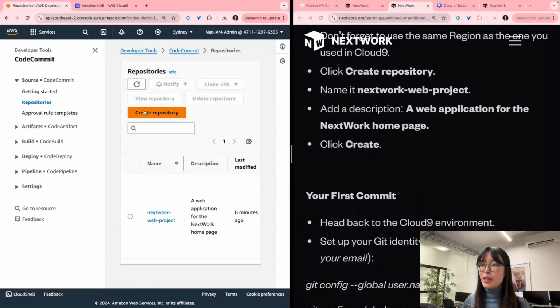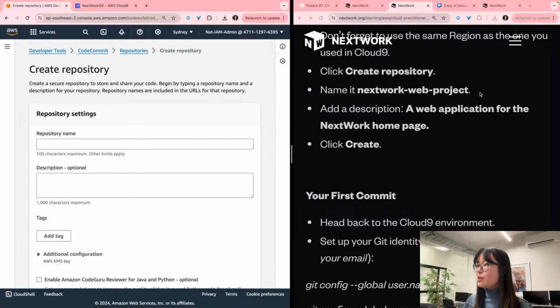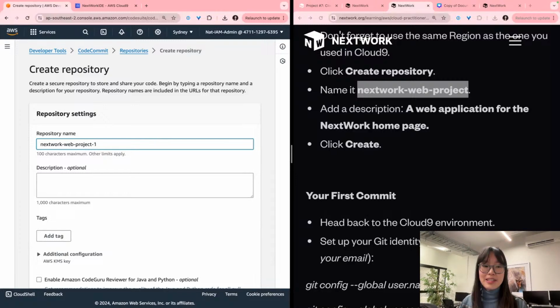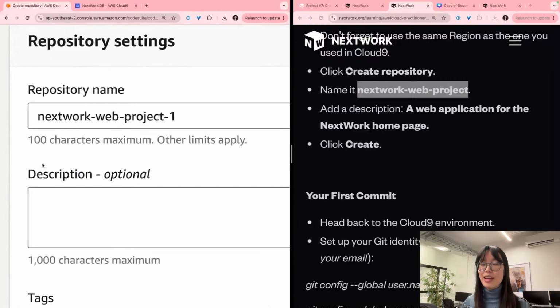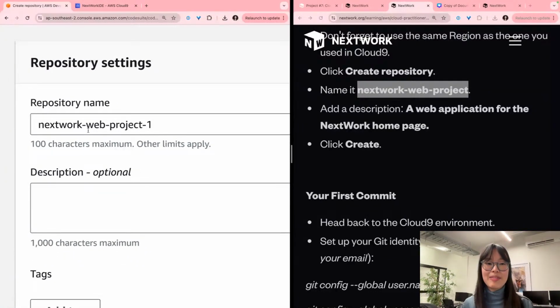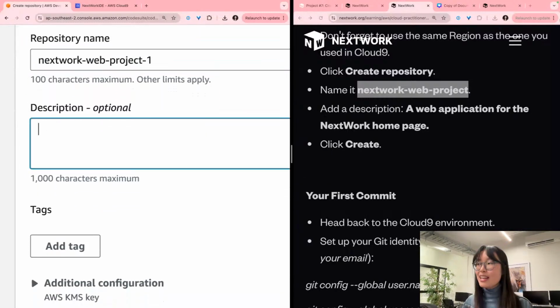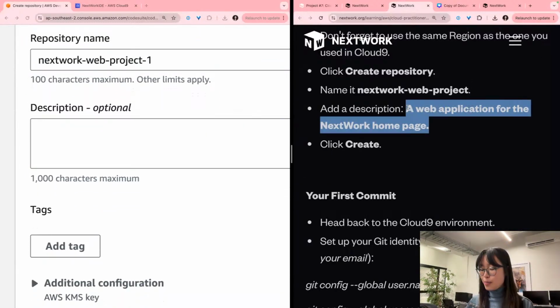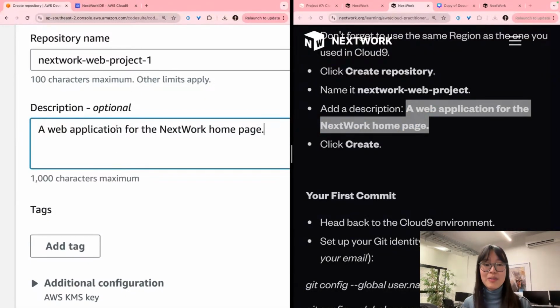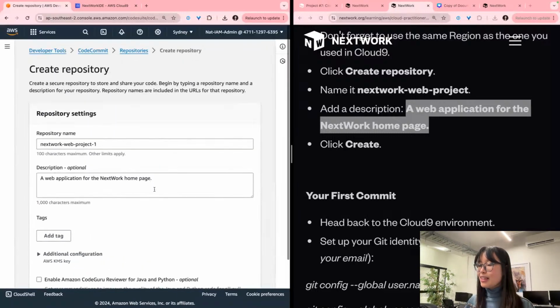How we do this is we click on that orange button that says Create Repository, and we can name it right away. In this case, I'm going to name it Nextwork Web Project. I'm going to add a little -1 because I already have this repository in my account, and I'm pretty sure two repositories can't have the same name. Otherwise, CodeCommit might get a bit confused. So you can name yours Nextwork-web-project and give it a little description as well. Descriptions are optional, but they're best practice, just to give anyone visiting your repository a bit of context into what's in it. In our case, we're creating a web application for the Nextwork homepage, so that's what we're writing in the description. Okay, let's click Create